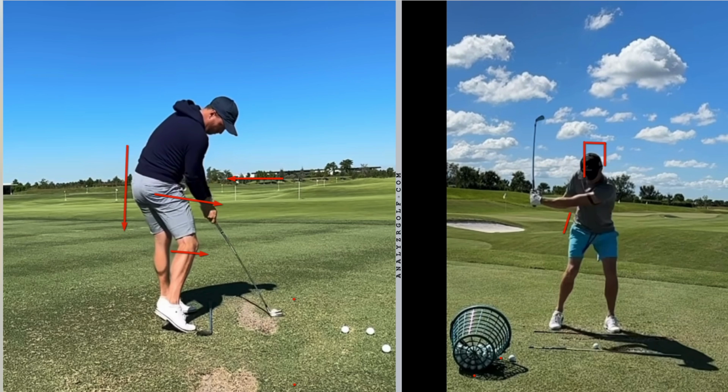And you can see there how close those hands are to the body and how he has to early extend a little bit. Now, early extension has gotten a bad rep. A lot of guys do early extend, Nicklaus being one of the most famous early extenders. It can be a very powerful move, but when you lose that amount of space, you then can present the